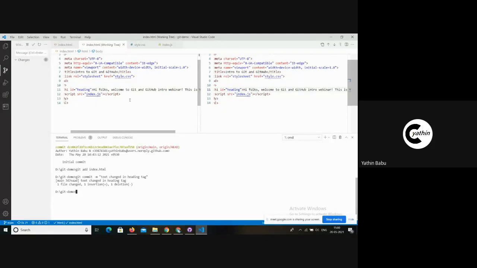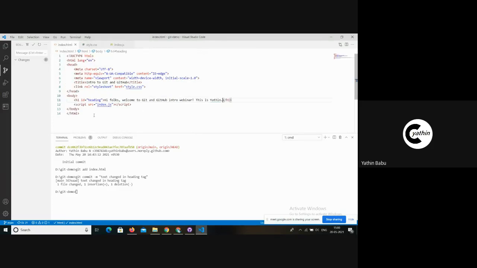Right now it's quite enough that we are working on the local repository. Let me push the code that is present within the local repository to the remote repository that's within GitHub here.